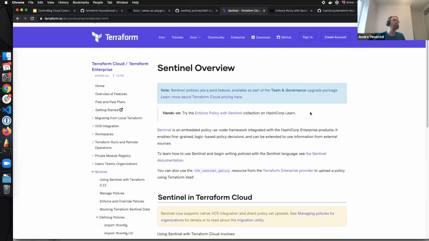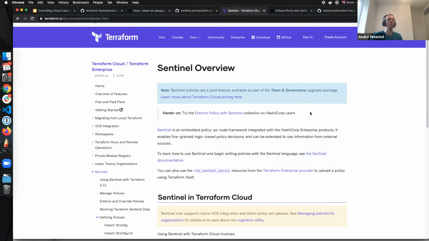So if you need to check budgets, like how much this team is still allowed to expend, to check the ITSM ticket status, like we have on ServiceNow approval or something like that, a green tick somewhere that we need to check using the API, Sentinel can definitely do an external check using a HTTPS API call.